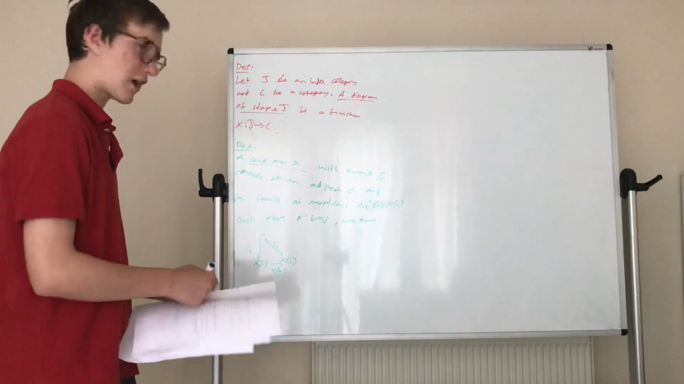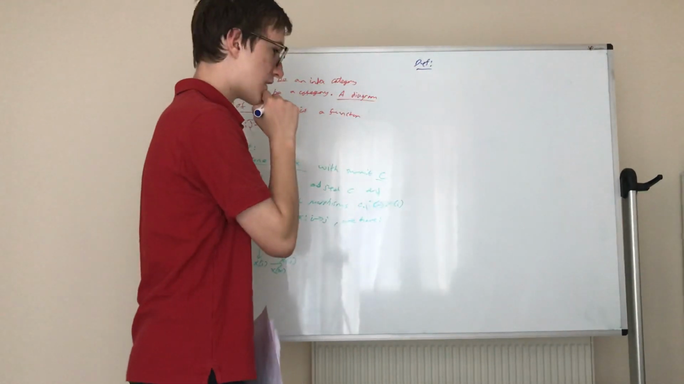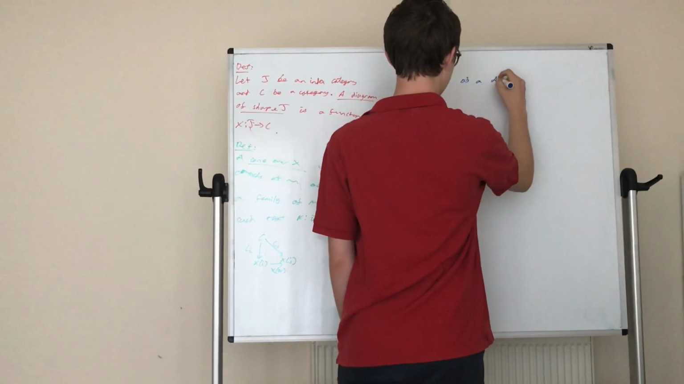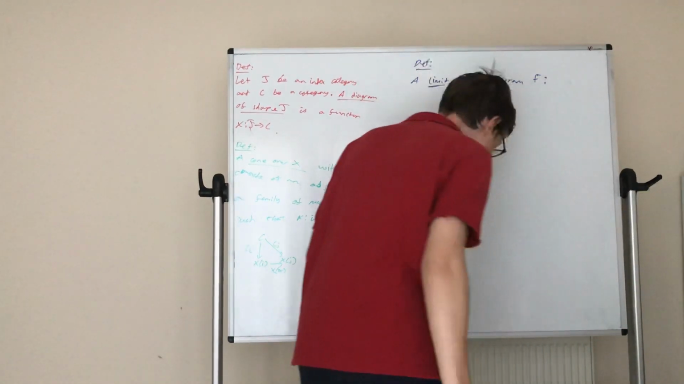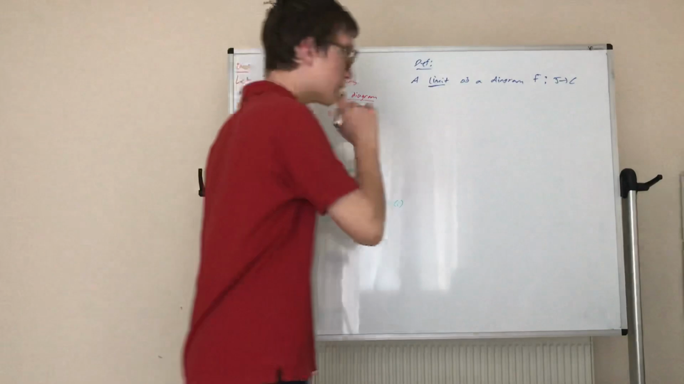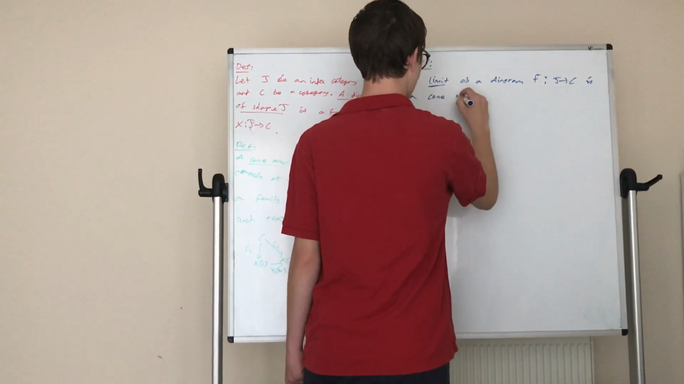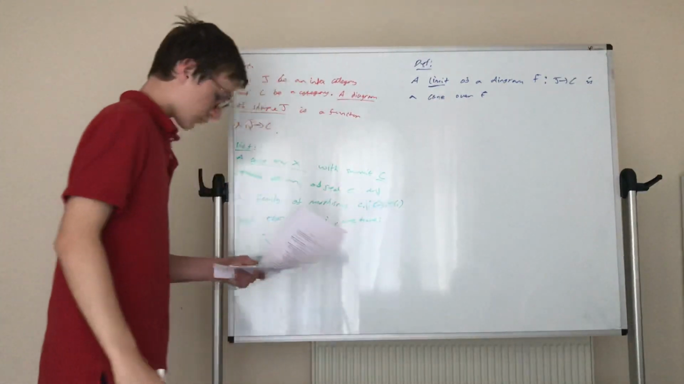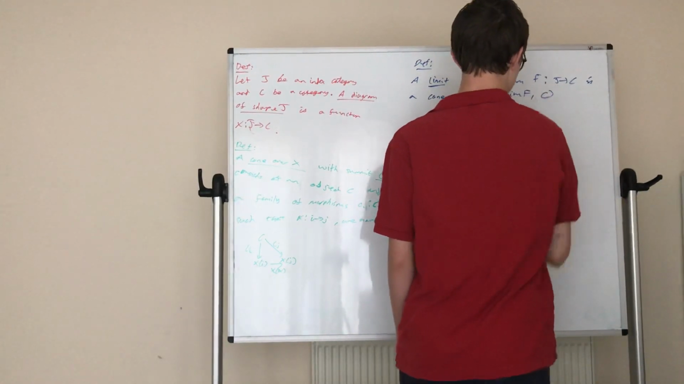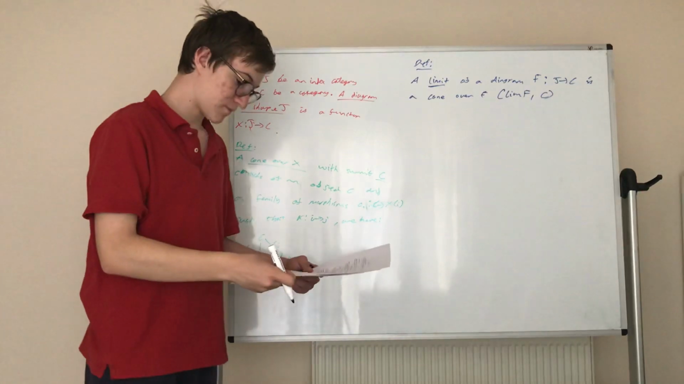So now we can define a limit. Basically, it's a universal cone. Definition: a limit of a diagram F from J to C is a cone over F, which we'll denote by lim F, such that it's universal in the sense that any other cone